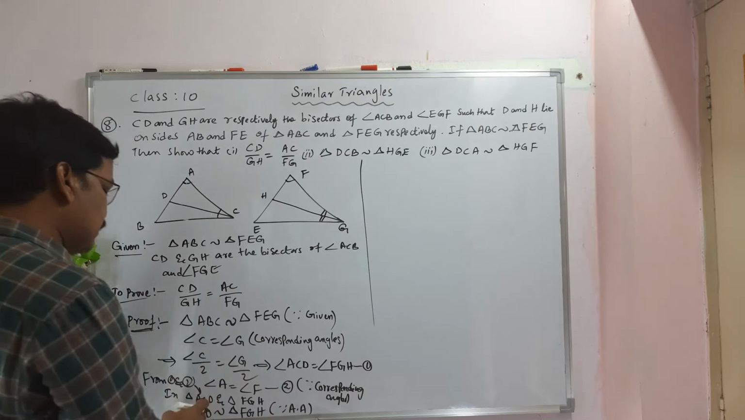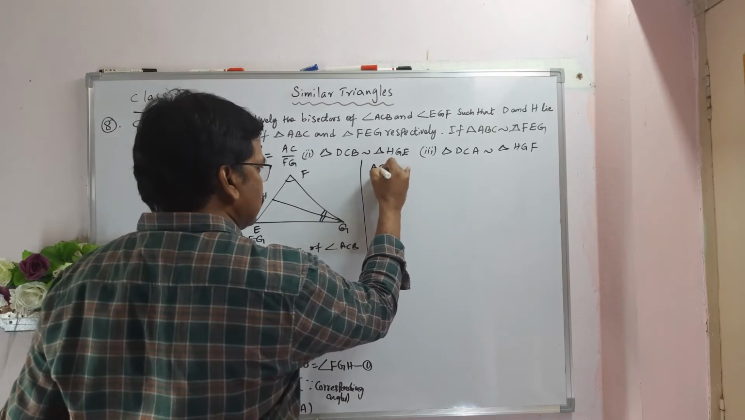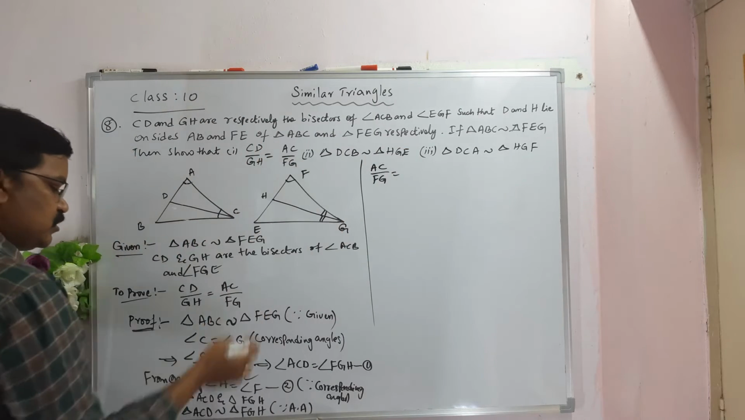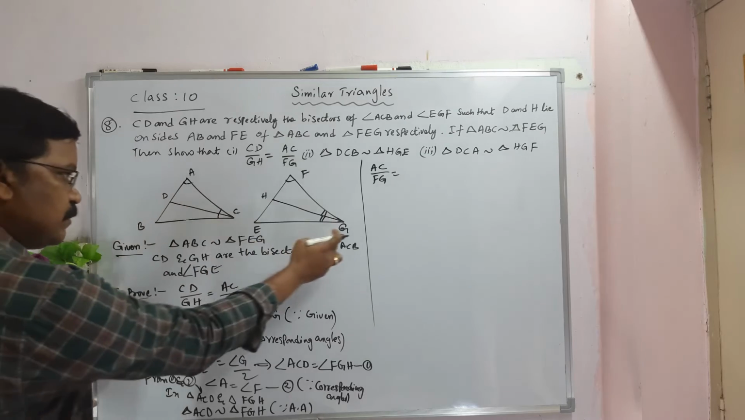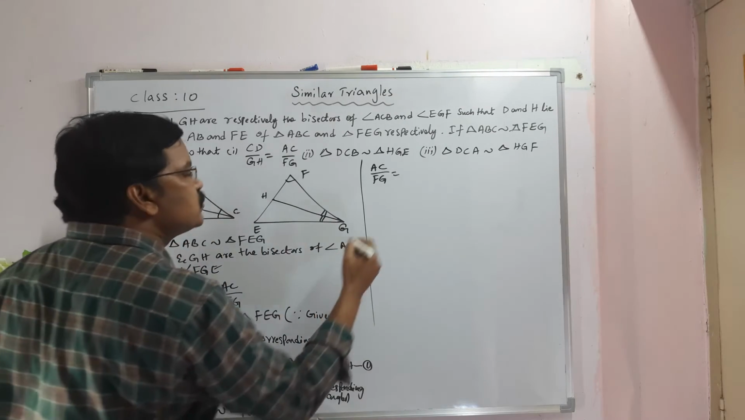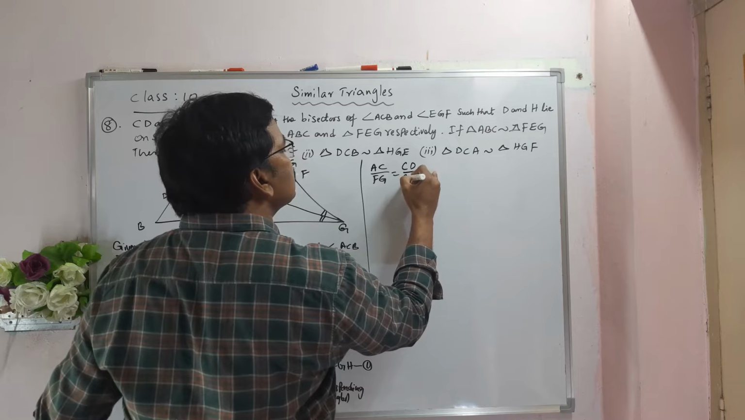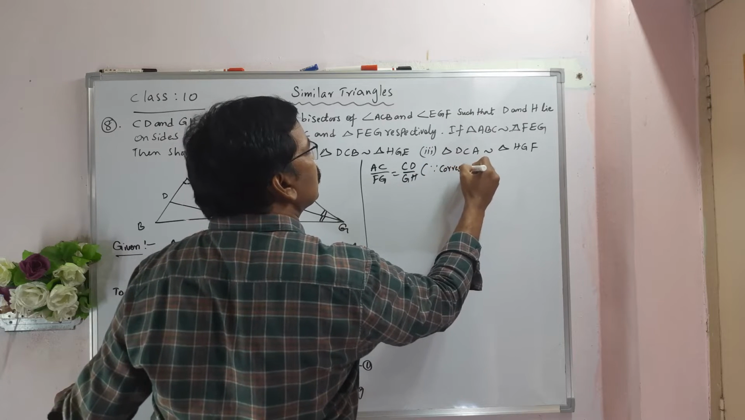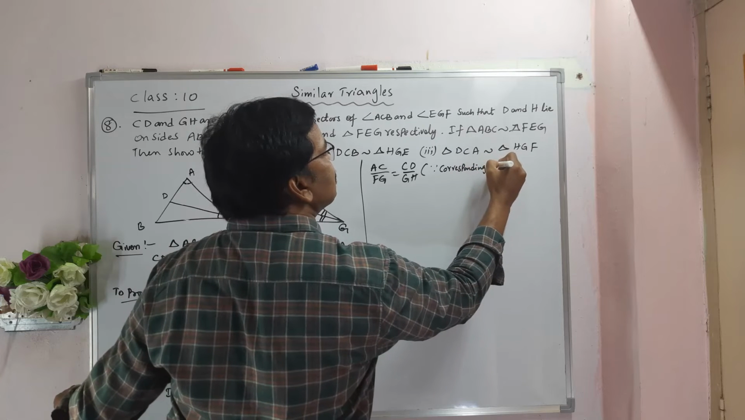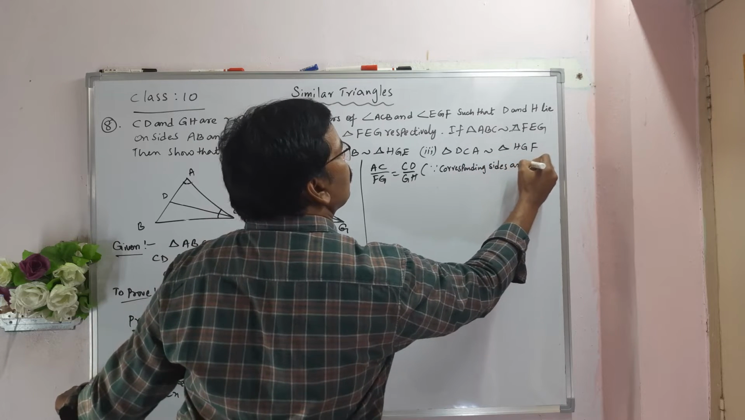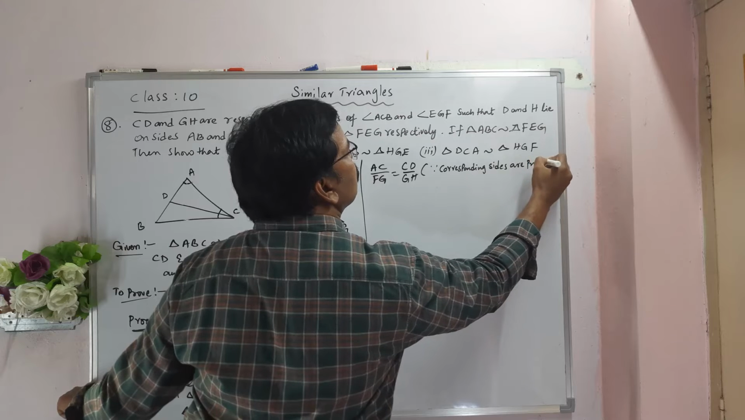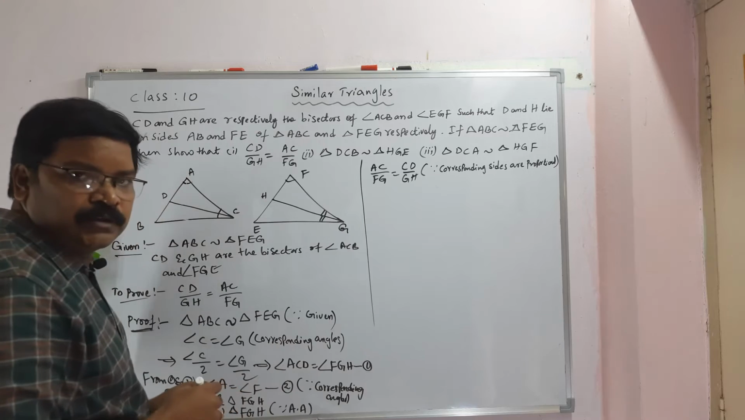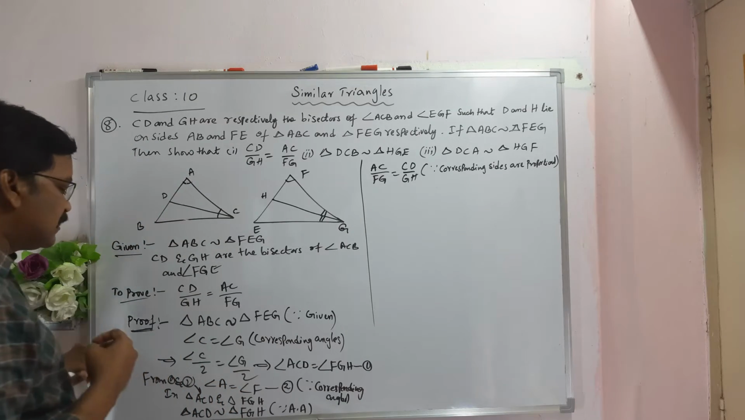That means AC by FG is equal to CD by GH. Why? Corresponding sides are proportional. Okay. So here what we did here,